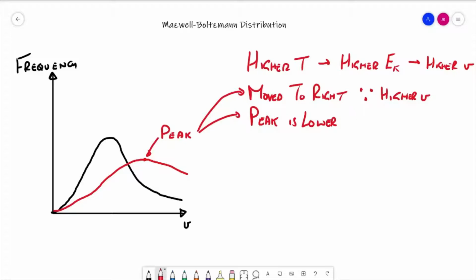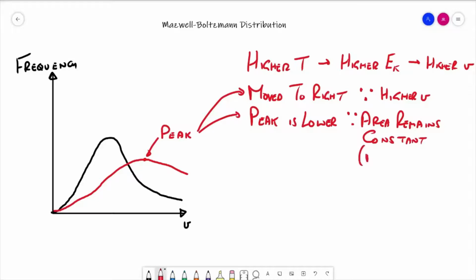Well, of course, this is a frequency curve, and if we were to go way back and understand exactly what a frequency curve means, if we were to look at the area under the graph, in other words, if we were to assign a point to everywhere underneath that graph, that would give us the number of molecules. Now, therefore, that area has to remain a constant. So the area remains constant,